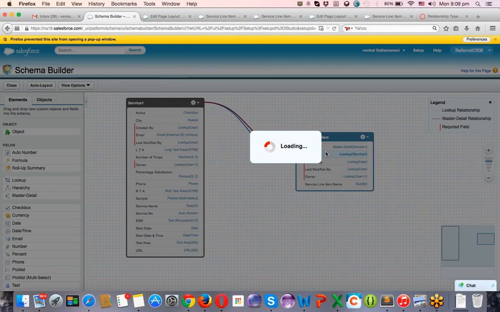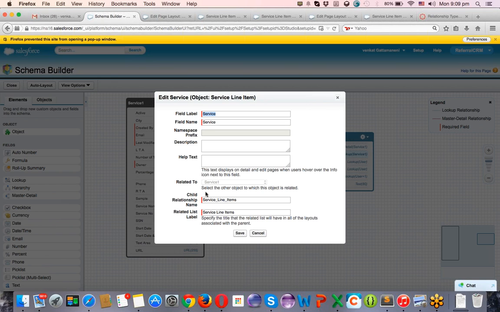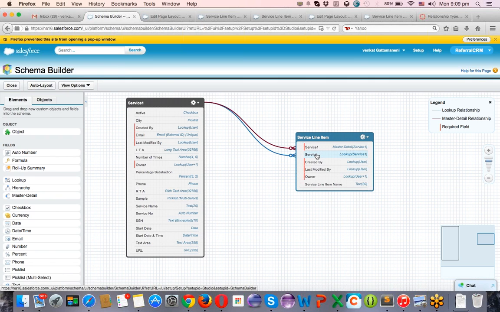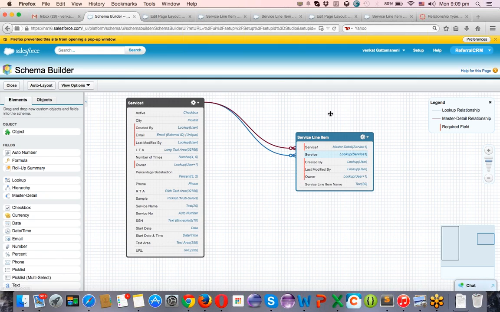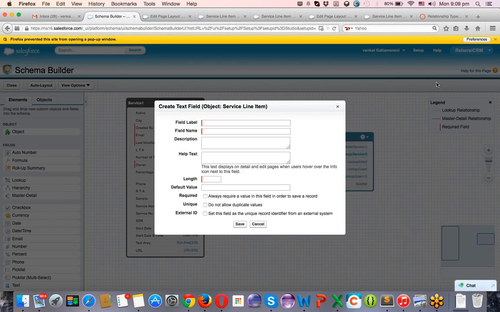So let's do one thing. Let's click on the service lookup field. Give me a second. Let's pull some other data text field. The required option is here, right?